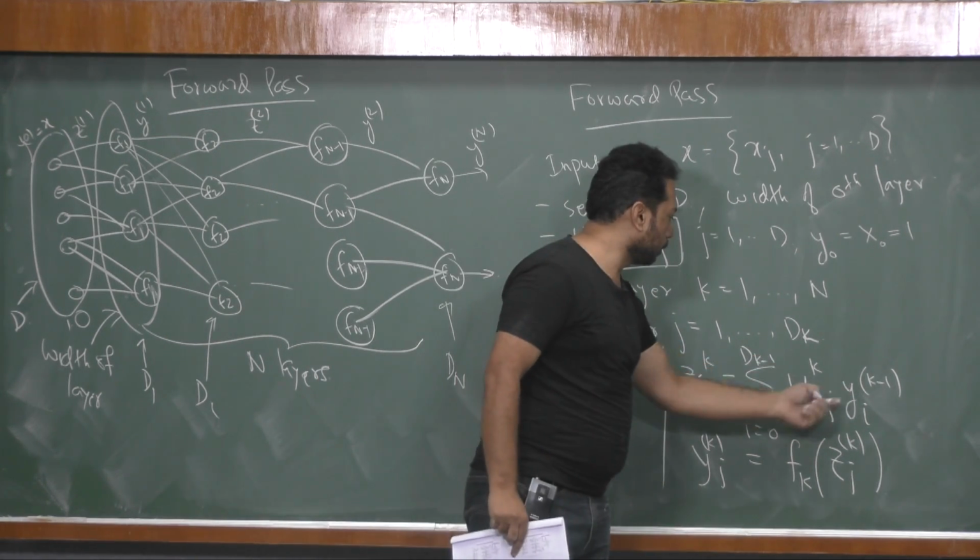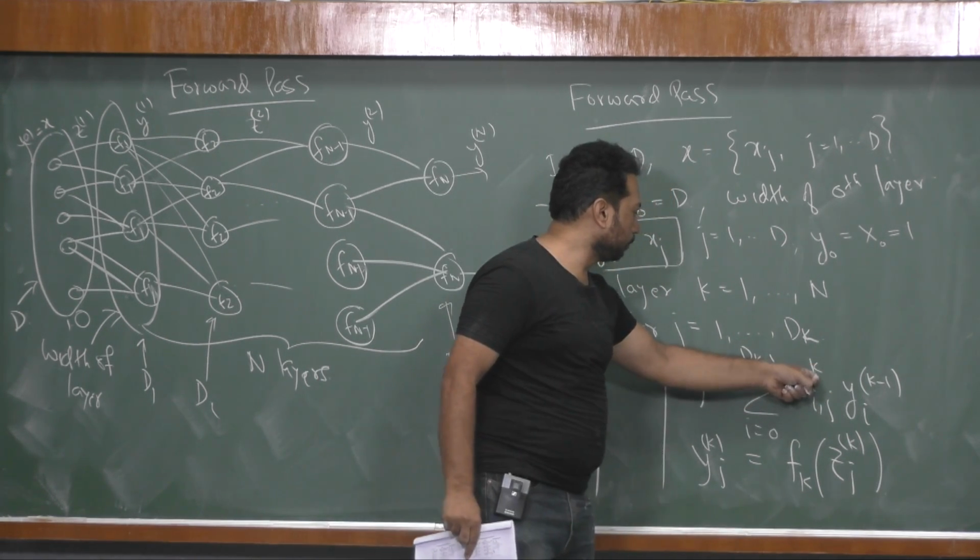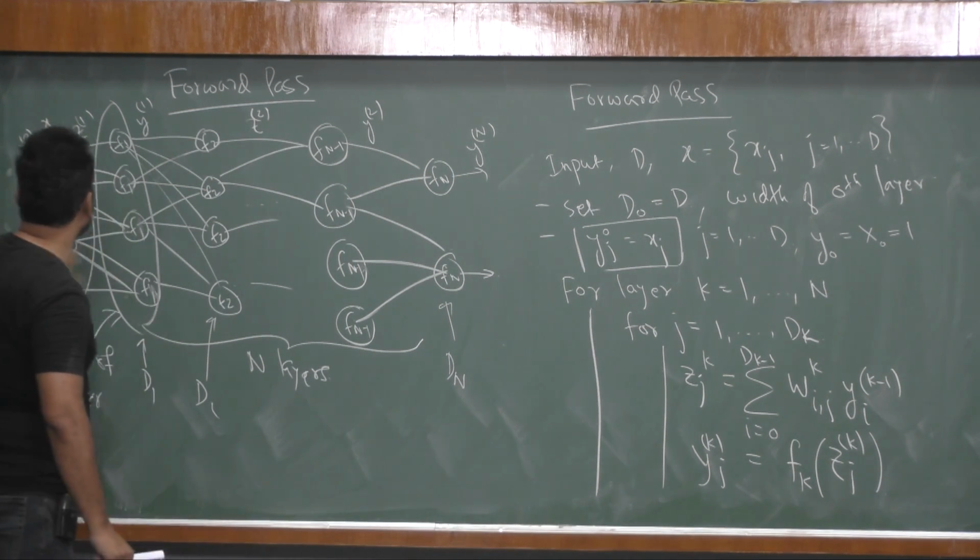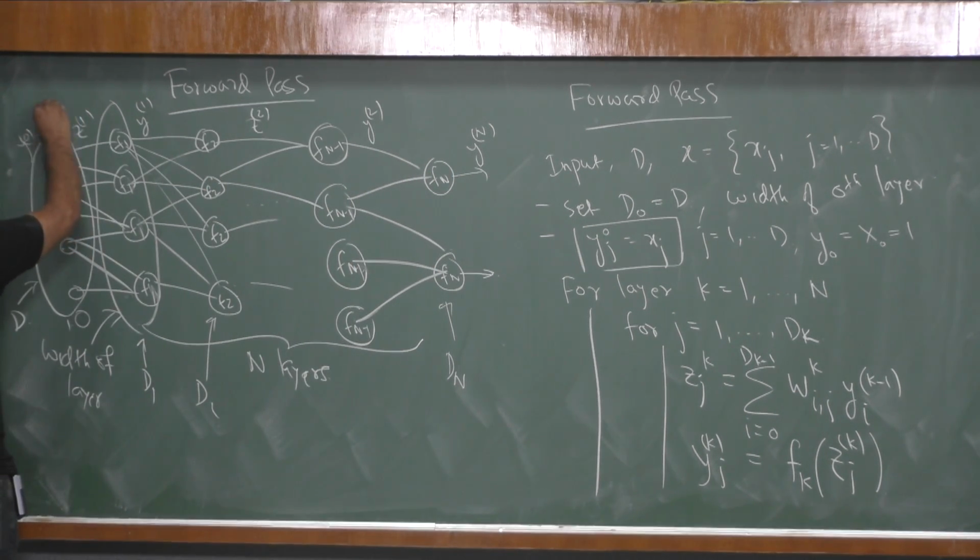So basically we are doing a linear combination of our input vector with w0, the weights. The weights that go from here to here are w superscript 0, and this will be a matrix because 1 goes to many. So this will be the first row of the weight matrix, and then 2 goes to others: 2 1, 2 2, 2 3, 2 4 will be the second row of your weight matrix, and so on. So overall you will have a matrix of weights, and this matrix of weights multiplies on the input